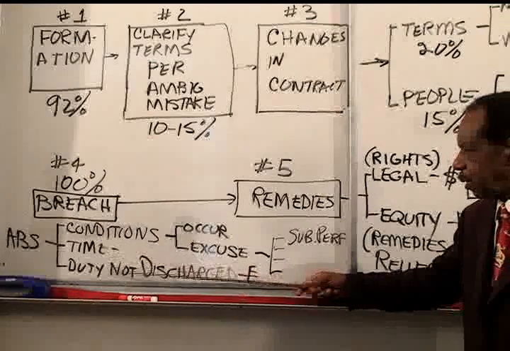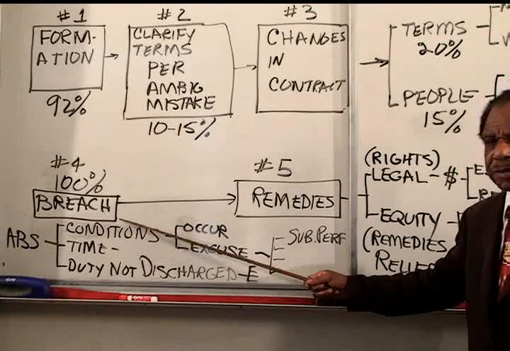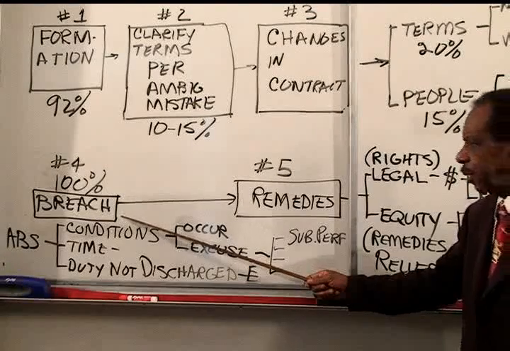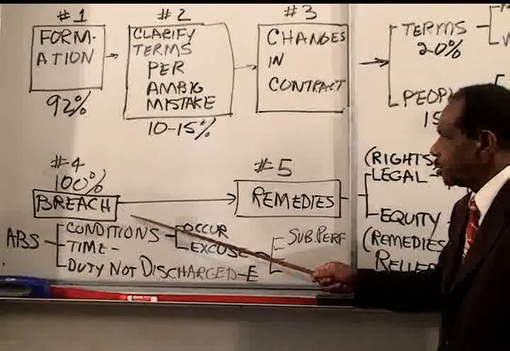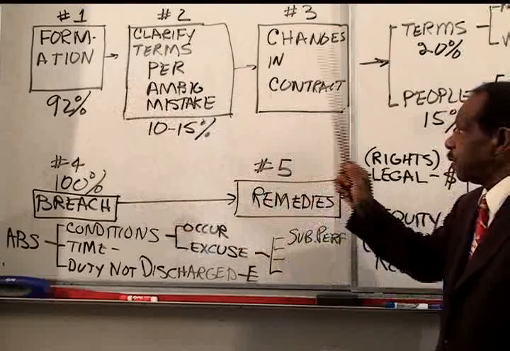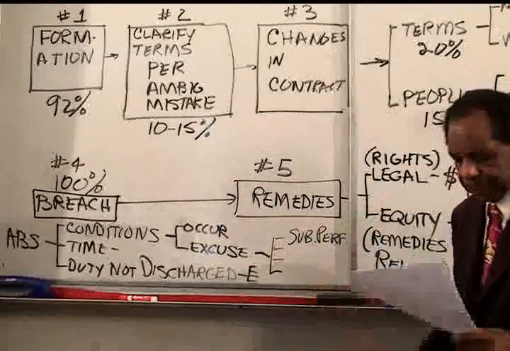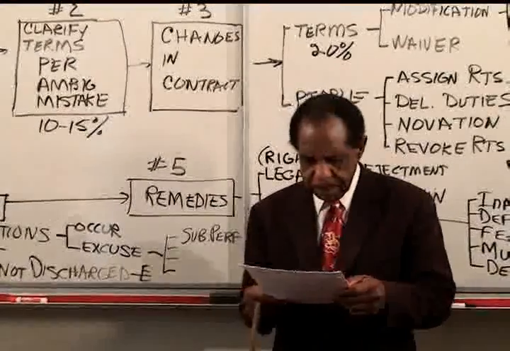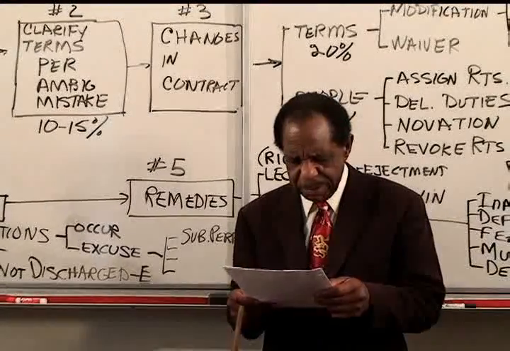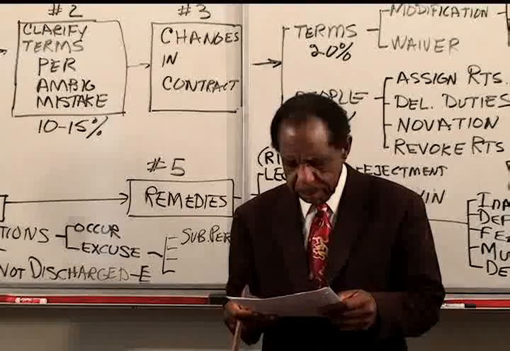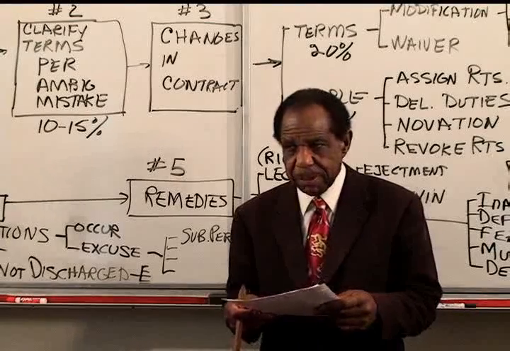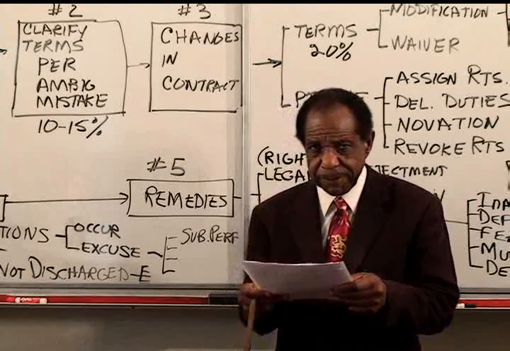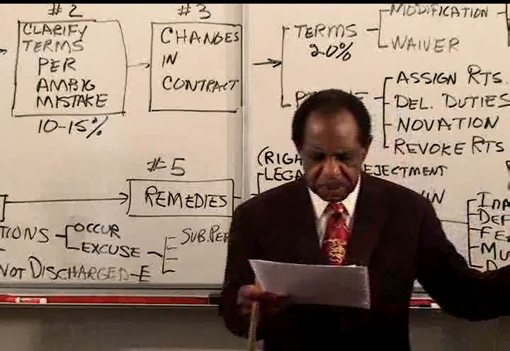I'm not going to go through all the details of breach right now, but obviously you tell somebody you're not going to perform, and that's a breach by anticipatory repudiation. So we've got a breach. So far we have a formation, we have a modification, we have a breach. Now, the rest of this problem is about the damages. We'll go through that shortly, but beginning at the next paragraph in the same problem, it says, despite diligent